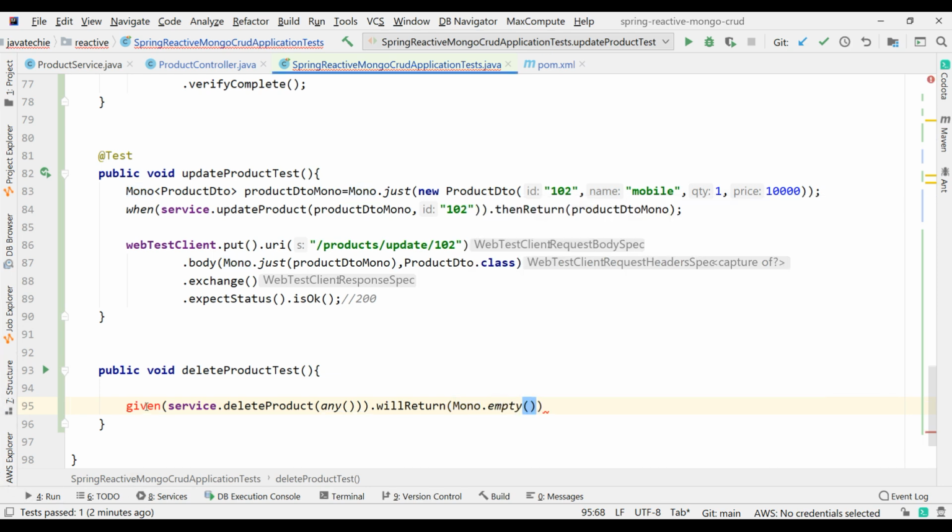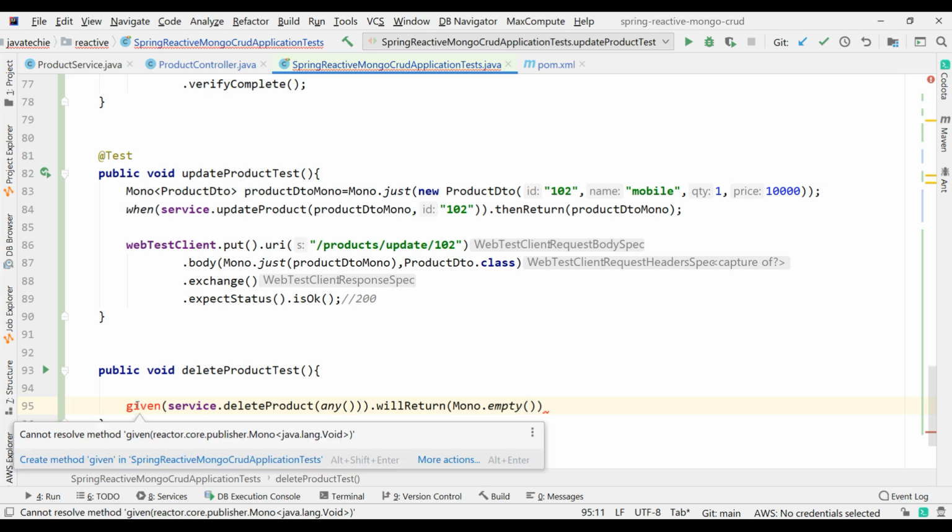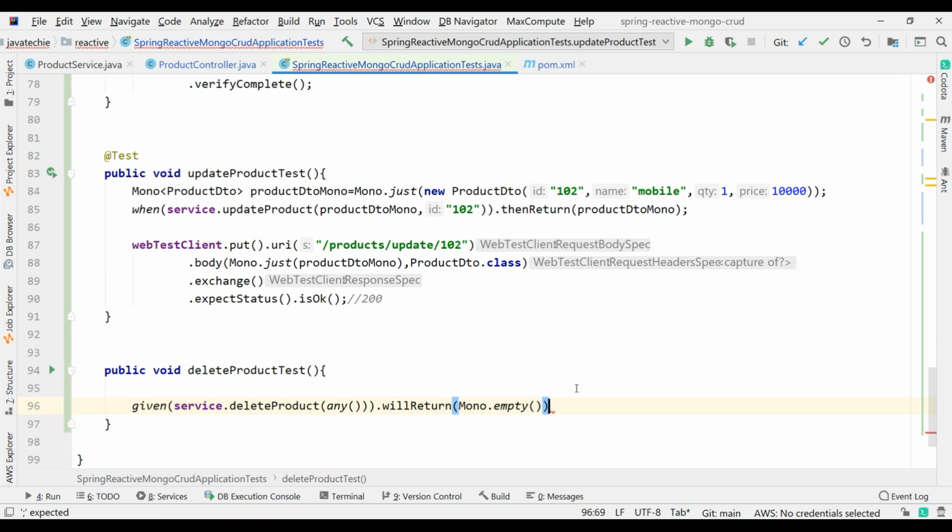So let me import this. Just add the semicolon. So given an API call, just return an empty Mono. That's what the Mono of void is, right?